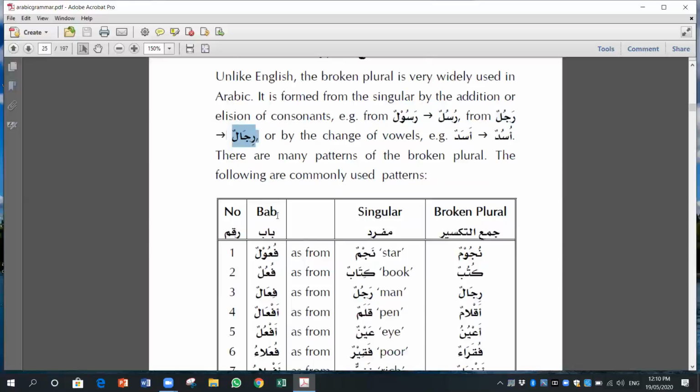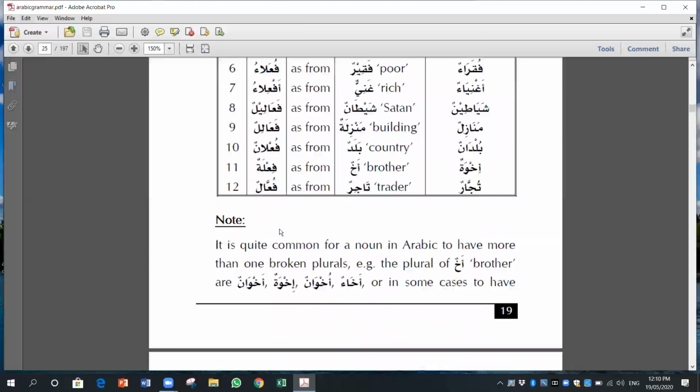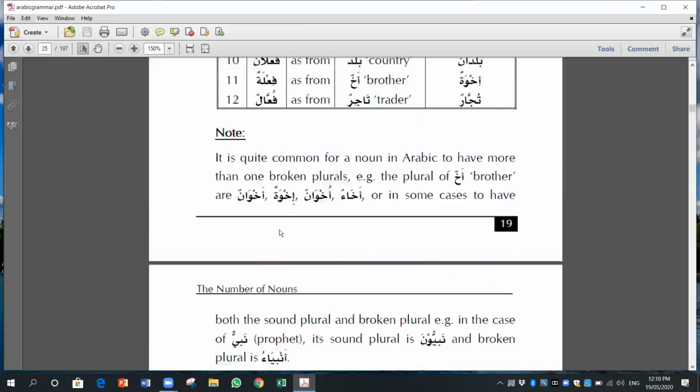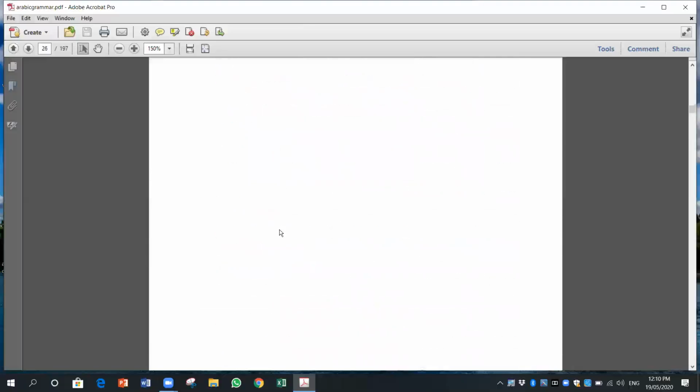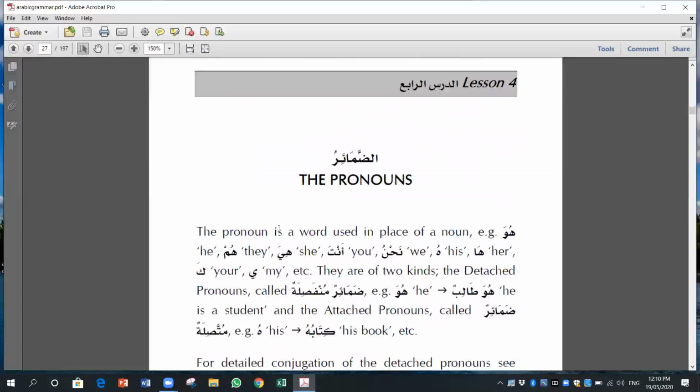Okay, so that was for our revision, Alhamdulillah. There are lots of examples given, and I ask you to go through all of them. Due to shortage of time, inshallah, we won't be able to, but please, everyone, do go through these examples. Today's new lesson,